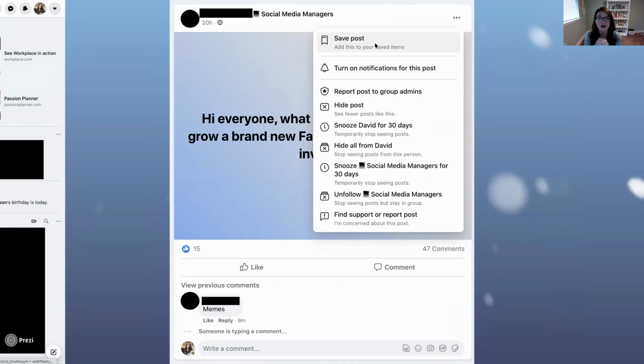What I used to have to do, if I wanted to save a recipe or a tip from social media managers, I had to share it and risk clogging up everybody's newsfeed, or I would share it and make the privacy only myself.